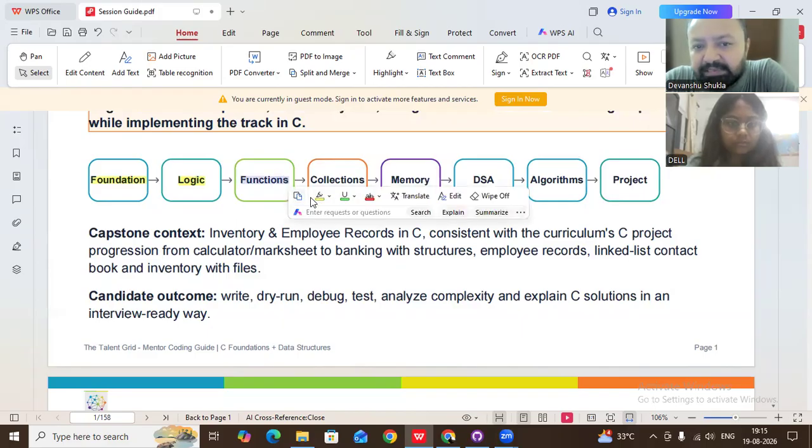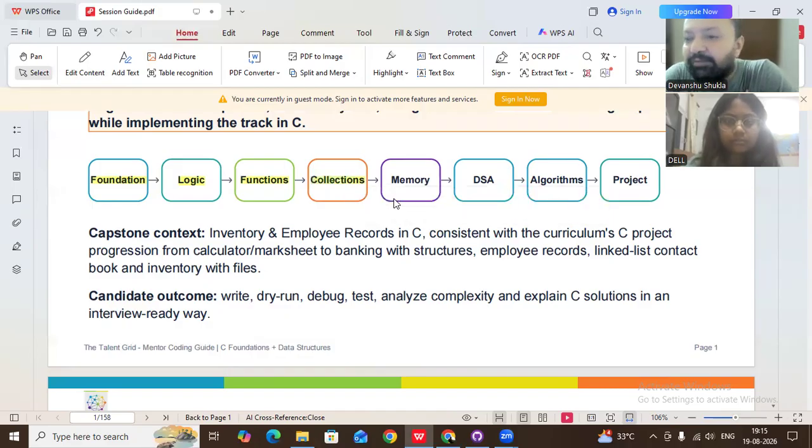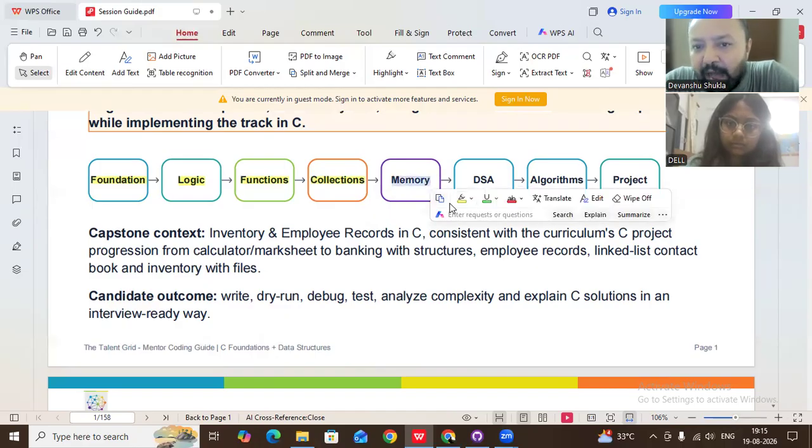Then we'll understand existing functions which are available in C programming, how we can make the best use of those functions, okay, in order to fast track our code. So we'll understand different functions which are available. We'll understand collections. So collections will give you a deeper understanding into different types of data structures which are available. Then we'll move forward towards how this programming language interprets the memory,